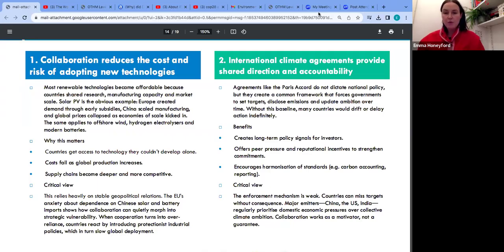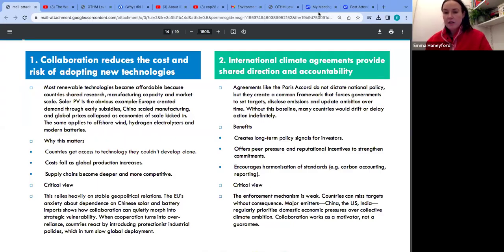We don't know how reliable these emissions are when they are disclosed, but it does show it's a positive step, because people are being transparent about how much their energy contributes to the global greenhouse gases. Without this baseline, many countries would drift or delay action indefinitely. The benefits of this: it creates long-term policy signals for investors,